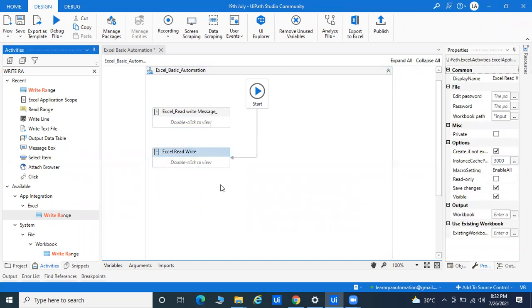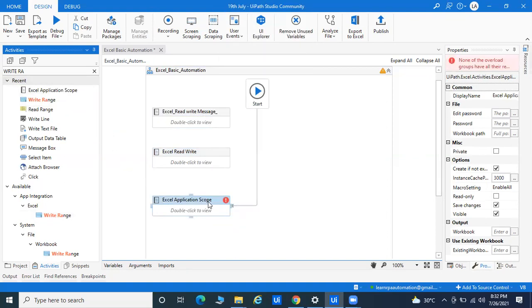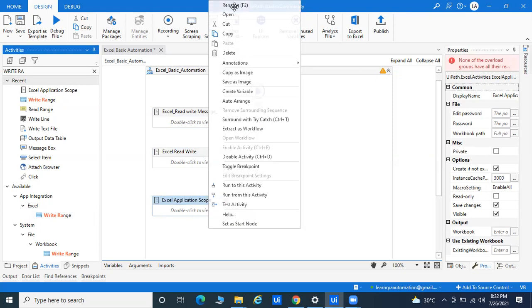Right now I'm going to show you the cell part. So again, I'll take the Excel application scope, and here I'll connect with this part. I'll rename it like that, read and write.